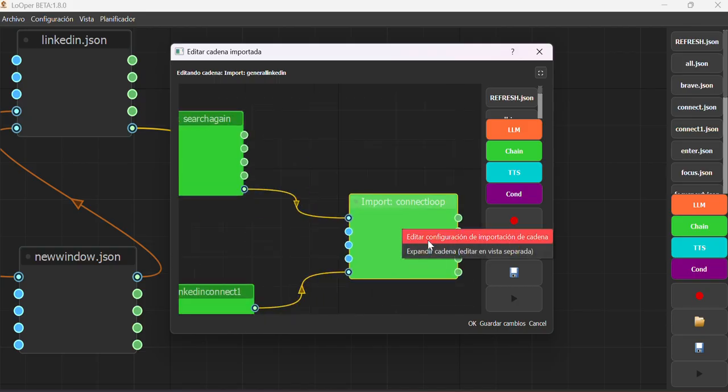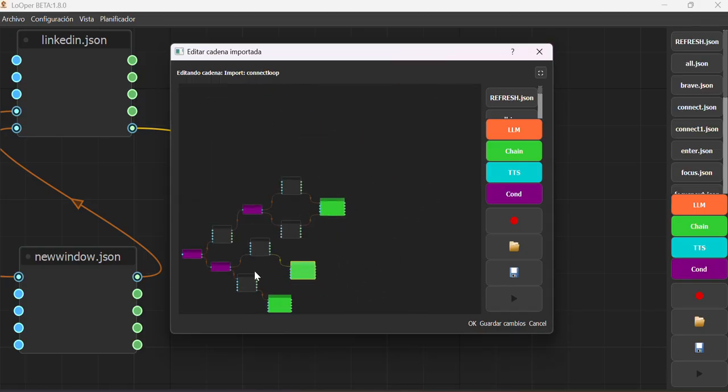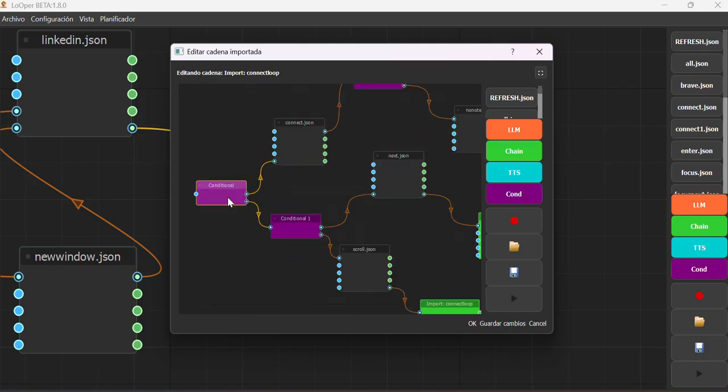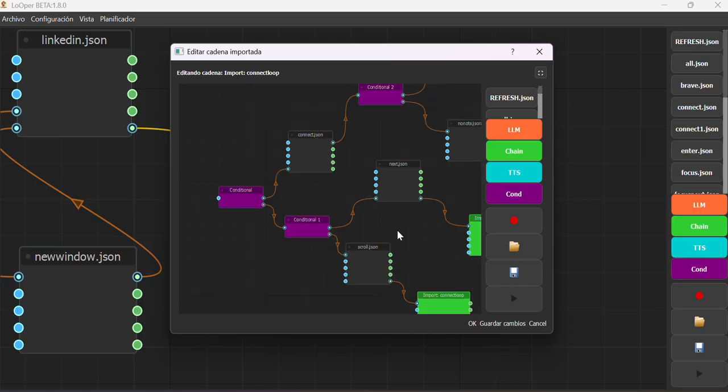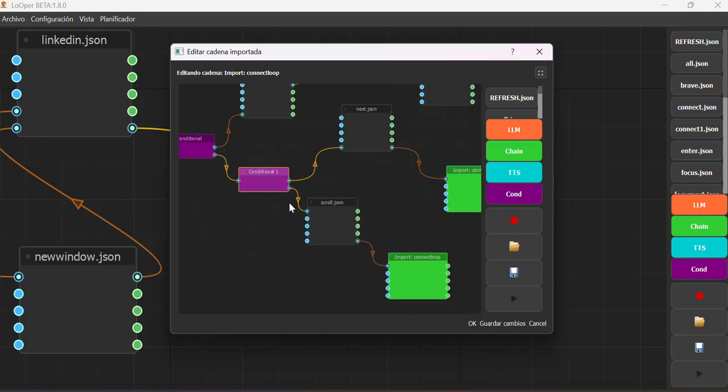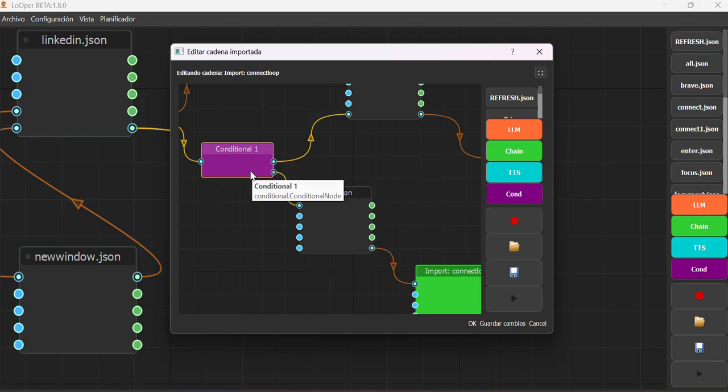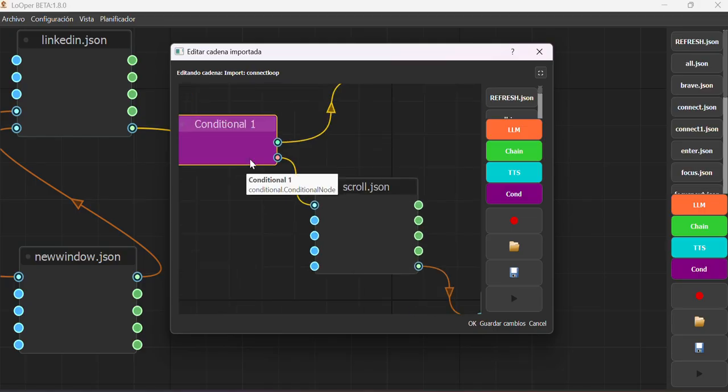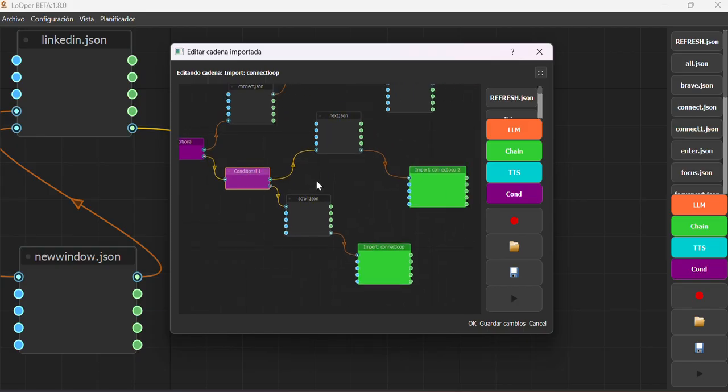And here we have the connection loop, which is a simple visual algorithm. Here we have a conditional. If the conditional is not able to validate, it will go for another conditional with a different condition for the system to know in which state is the screen for it to take the correct branch. I'm not going to go so deep in these conditionals, I'm just going to show it to you. In case it finds it to be true, it will take the true branch, go to the next, and